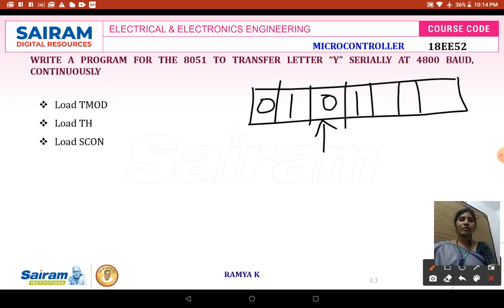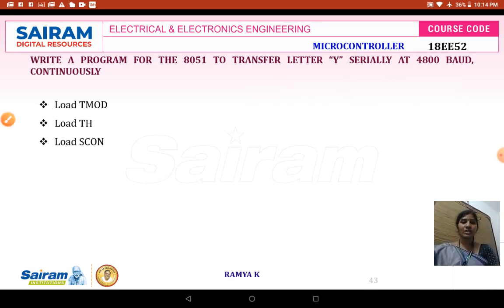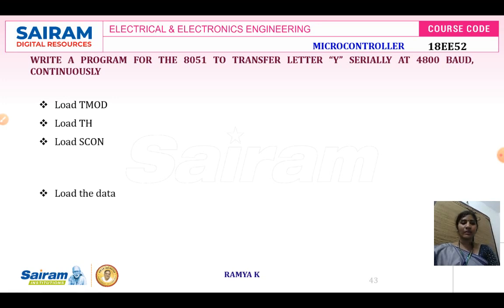The next 4 bits I am going to give 0 0 0 0. The transmit interrupt and the receive interrupt flags available in the SCON register are going to be checked by means of software, the program that is written, so there is no need of setting or resetting those bits externally.